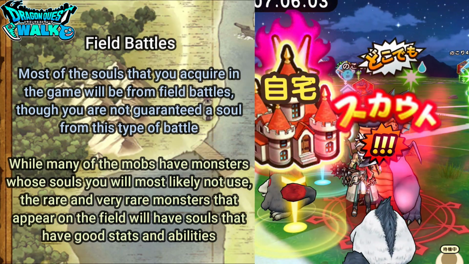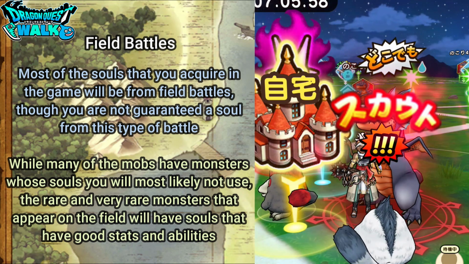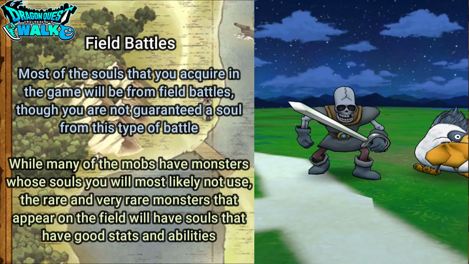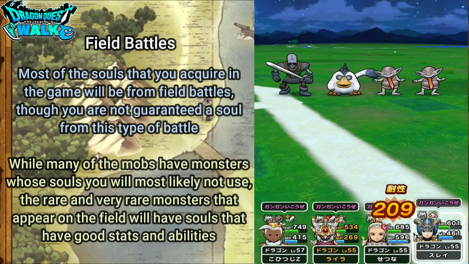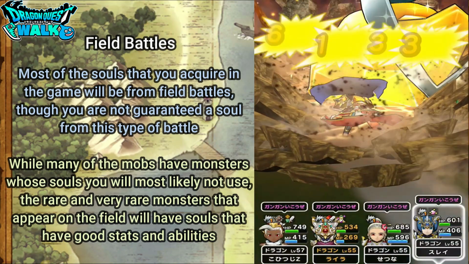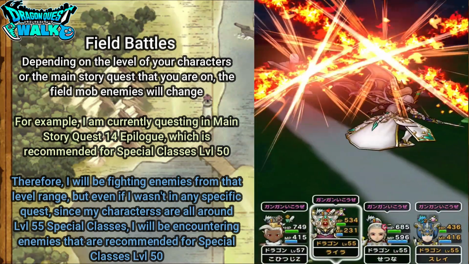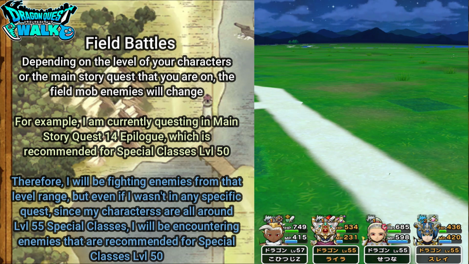So in terms of the field battles, most of the souls that you acquire in the game are going to be from field battles. So in this case, let's see, just going right here. While many of the mobs have monsters whose souls you will most likely not use, the rare and very rare monsters that appear on the field will have souls that have good stats and abilities. So depending on the level of your characters or the main story quest that you're on, the field mob enemies will change. So for example, my team is currently not in a specific quest, or actually they are